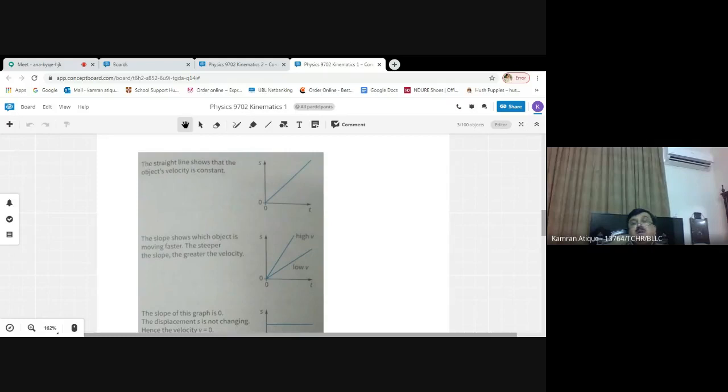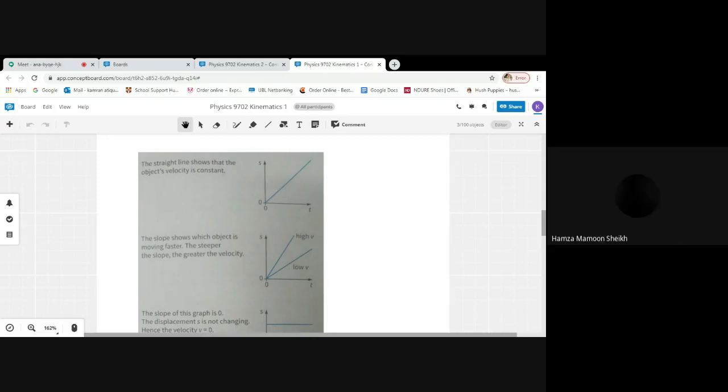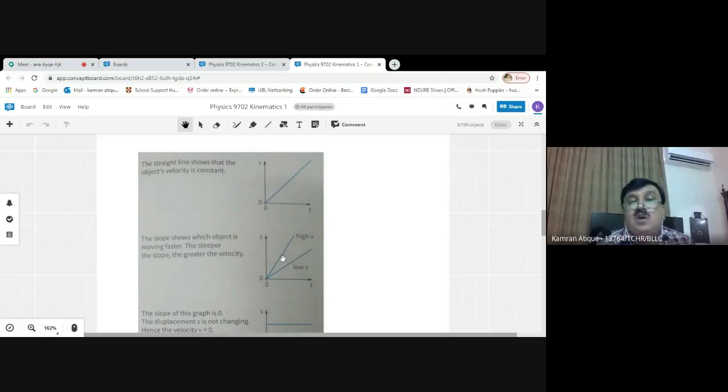Are you agreed, Hamza? Yes, sir. If this graph is of the moving vehicle B, and this graph is of the moving vehicle A,